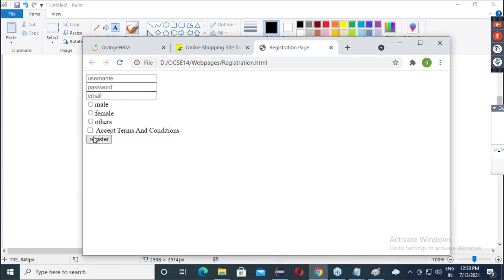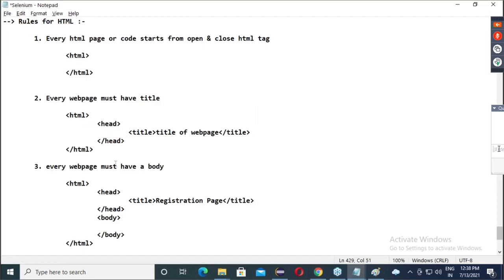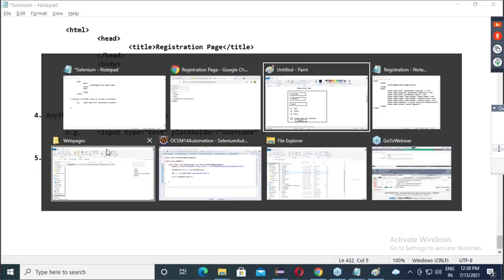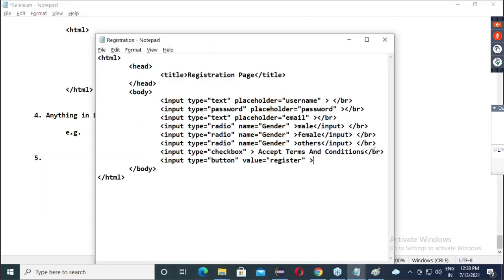Are you getting the register button? Okay. Now, right now we didn't write any source code, any logic like after clicking on register we should get the home page. That is a different story. This is just a dummy front end. Is everyone clear how HTML code is working? Yes. Okay. So how many rules of HTML are done? 4. Now last rule, rule number 5. Okay. Guys, are you able to sense this?